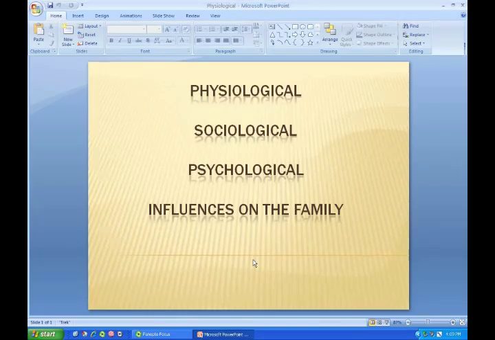Number 10, the amount of pressure exerted on the individual to drink and continue drinking. The amount of pressure in itself. If an individual feels a lot of pressure from others, from friends and peers that they're pretty close with, they feel that pressure. Sometimes that can cause them to start drinking. Sometimes it can cause them to stop drinking. So it just depends on that individual. But nonetheless, the amount of pressure exerted on them.